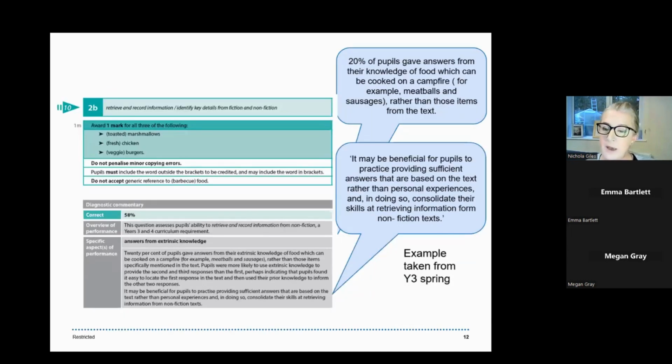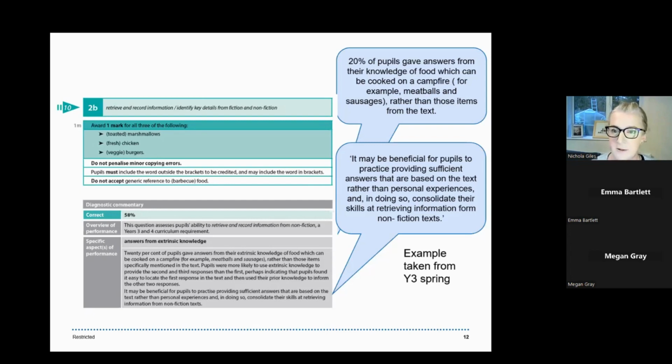So here is one from a Year 3 Spring. This is again retrieval and recording information. It's about a campfire and what the children need to be able to cook on it. So 58%, slightly less than the last one, got it correct, but 20% of pupils gave answers from their knowledge about food that could be cooked on a campfire. For example, some children put meatballs or sausages rather than those which should be marshmallows,